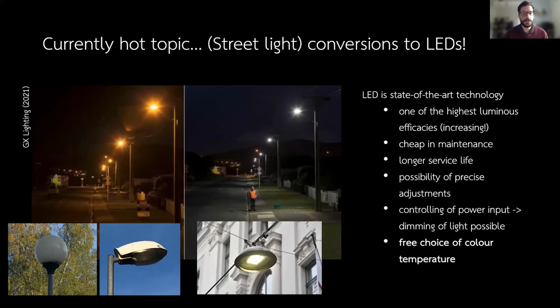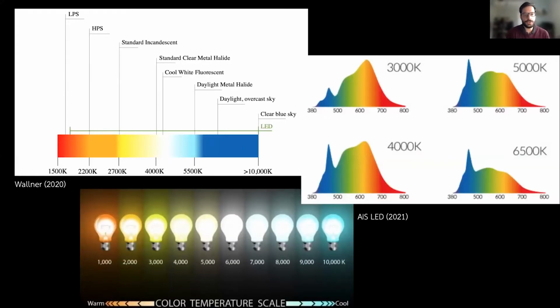The color temperature is in fact the emission spectrum of a lamp. And for the first time, we can really choose the color of our light. Here on the left side, for example, you can see high pressure sodium lamps, past generation lamps, which were also used in Vienna for street lights. And on the right side, you can see LEDs. The small image on the right is even one of the new LEDs which were installed here in Vienna.